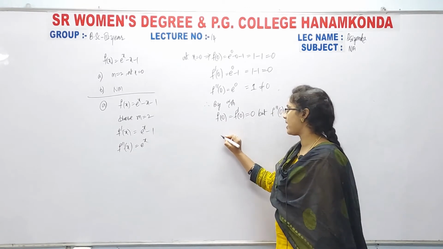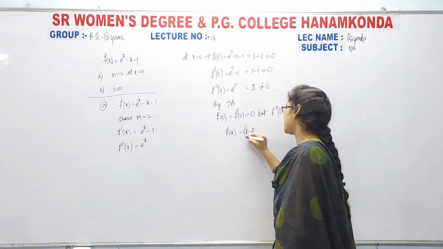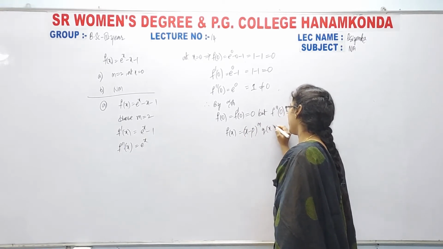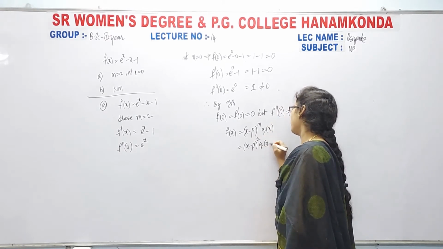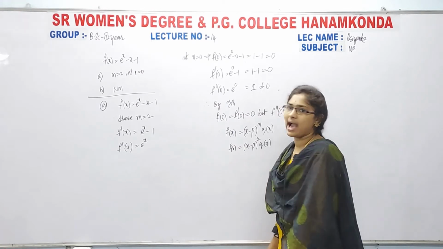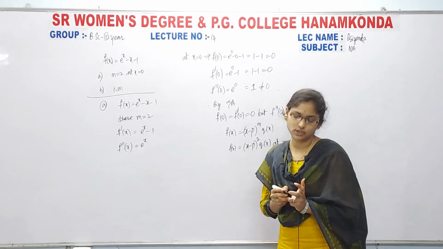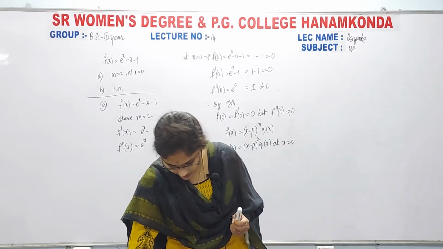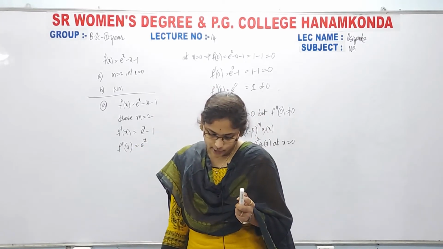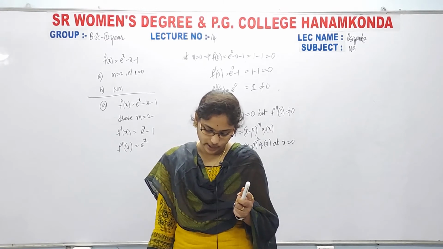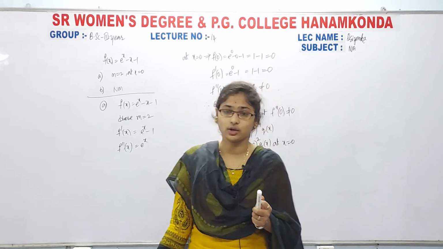So what we have to say, therefore f of x is equal to x minus p whole power m q of x. That means x minus p, what is the order here? 2 into some q of x. Therefore we have that the multiplicity is 2 at x equal to 0. This is nothing but the first one. Next in the second one, b bit, show that Newton's method with p naught equal to 1 converges to this 0, but this 0 means root, but not quadratically.